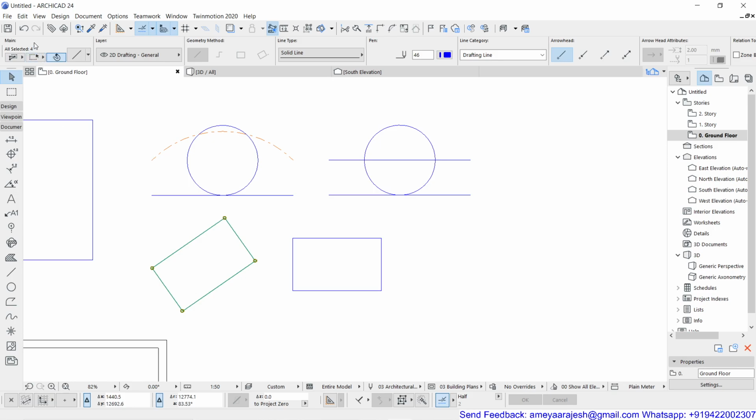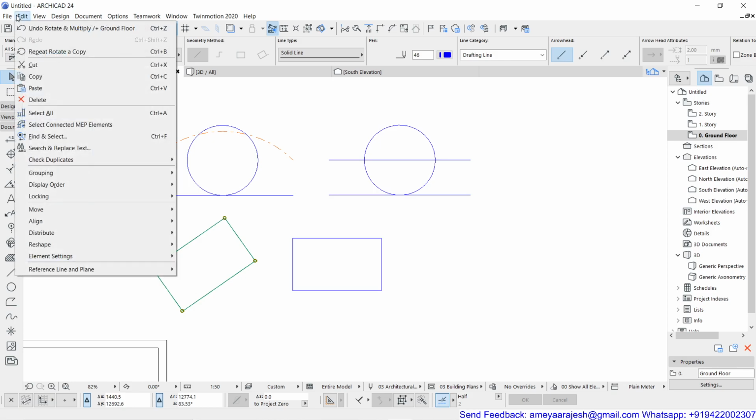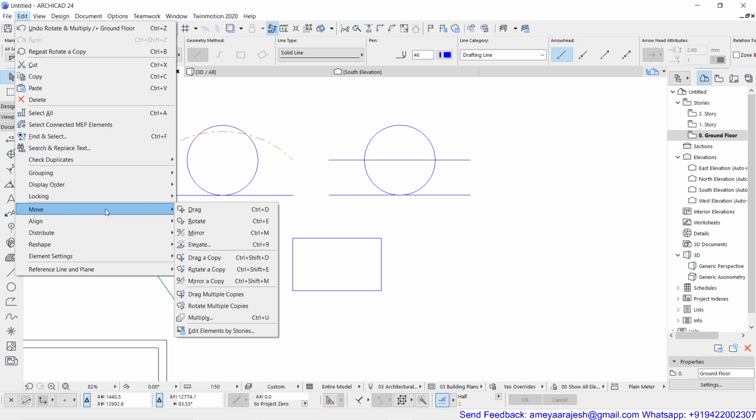So what do you have to do? After selecting the required object, you can go inside the pull down menu, Edit, Move Group, and there is supposed to be a mirror tool. That is Control M. It's a plain mirror, that is you will not be able to get a copy of that, and in case you want to have a copy of that, you will have an option of mirror a copy. So remember these options, the second slot is just creating only one copy after completing that task.